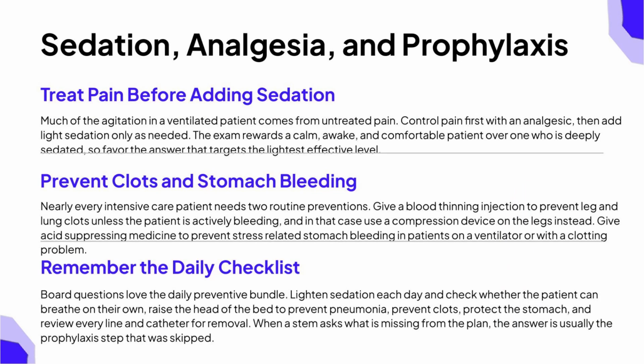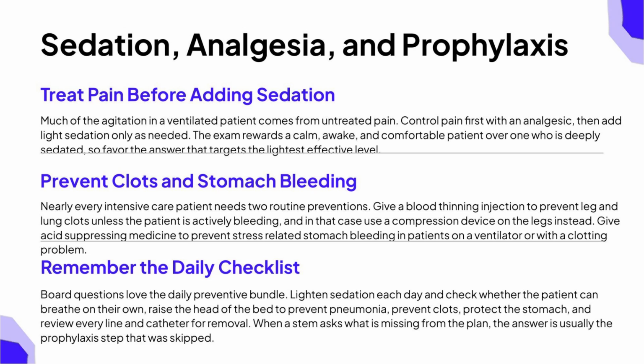Strategy 3 brings together sedation, pain control, and routine prophylaxis, which the exam tests constantly. First, treat pain before you add sedation. A great deal of the agitation in a ventilated patient comes from untreated pain, so control the pain with an analgesic first, then add light sedation only as needed. The exam rewards a calm, awake, and comfortable patient over a deeply sedated one, so favor the answer that targets